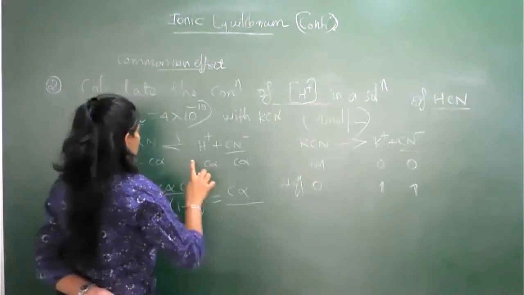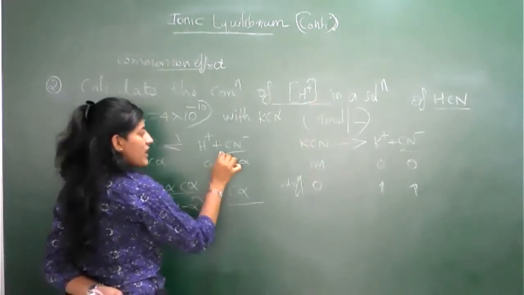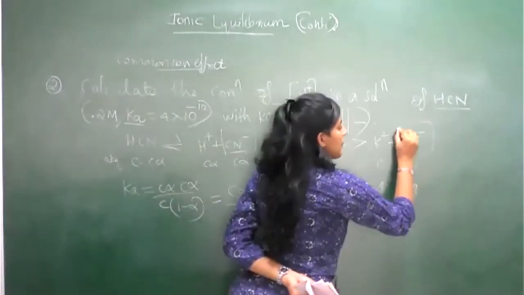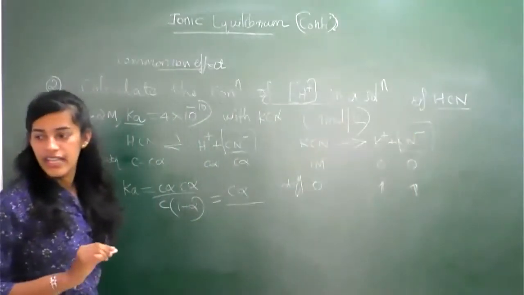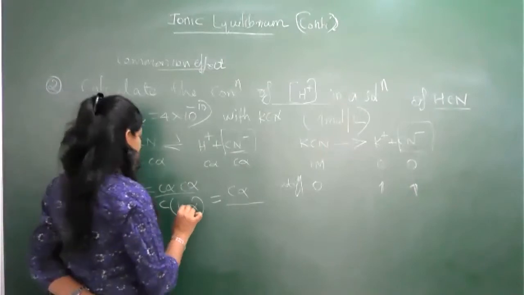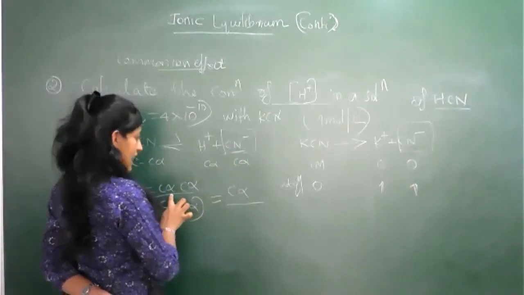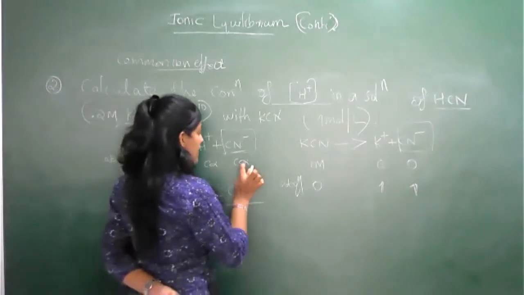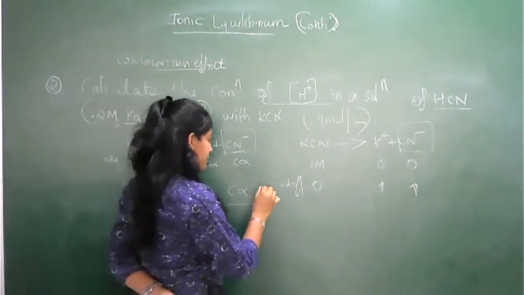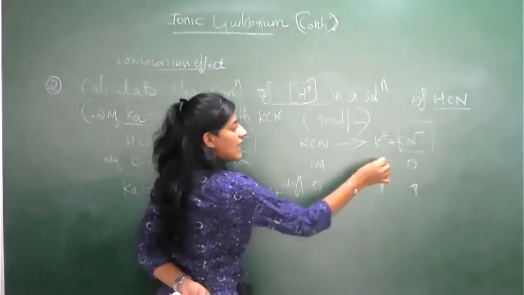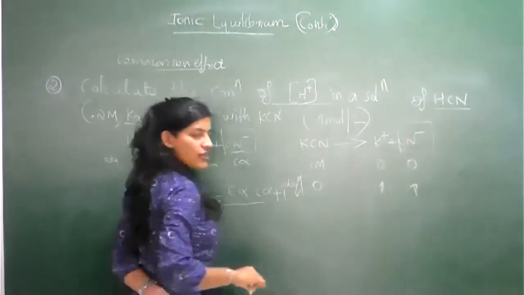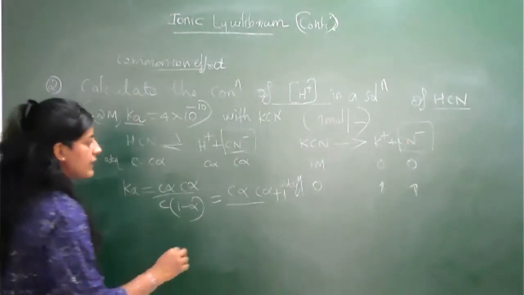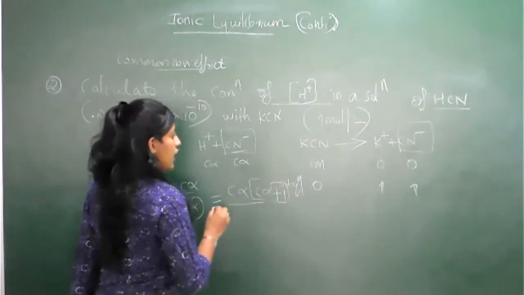Actually, here HCN dissociated and forms one CN minus. Here also another CN minus. Okay, 2 CN minus we have. So we want to consider first C alpha for it. After that, 1 C alpha from this side, then additionally 1, which is the concentration of the other one. That representation must be like this, and then keep it in a bracket. Are you getting my point?